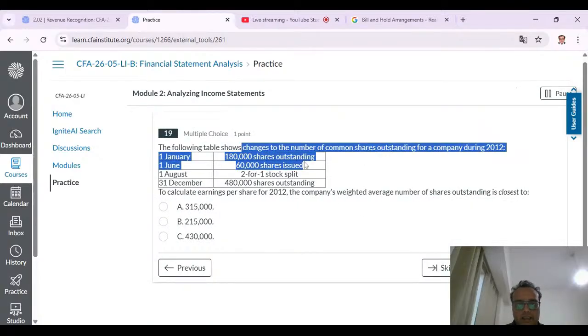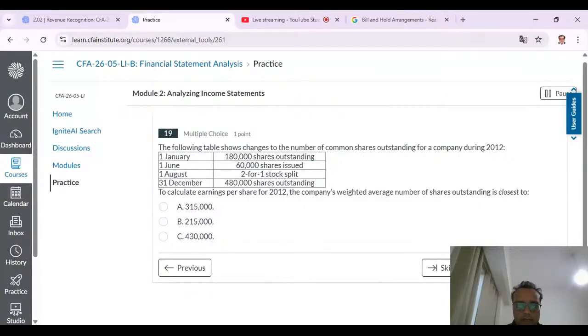The following table shows changes to the number of common shares outstanding for a company during 2012. On 1 January this many shares were outstanding. Then on 1 June 60,000 shares were issued, on 1 August a 2-for-1 stock split happened, and on 31 December 480,000 shares outstanding. To calculate earnings per share for 2012, the company's weighted average number of shares outstanding is closest to